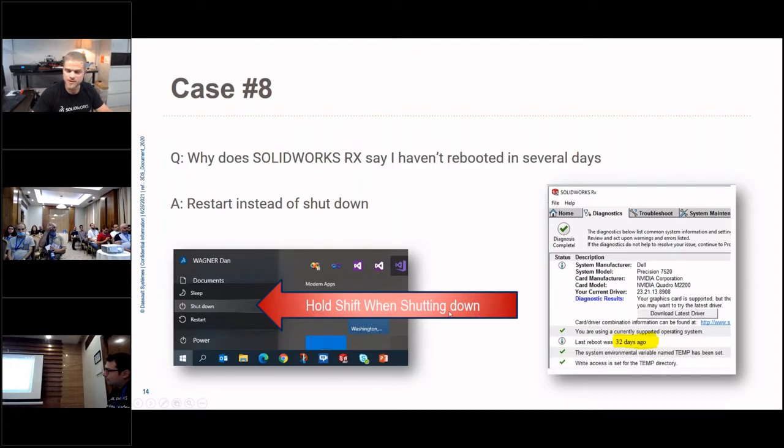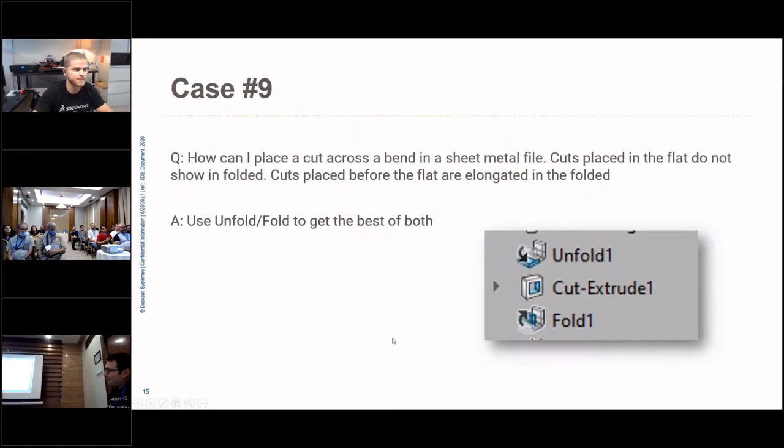Believe it or not, to fully shut down your machine, you have to hold Shift when shutting down. Holding Shift does a complete shutdown and clears out that memory, clears out everything. Next time you reboot, RX should actually show 0 days there. So watch out for that one. That's an interesting one.